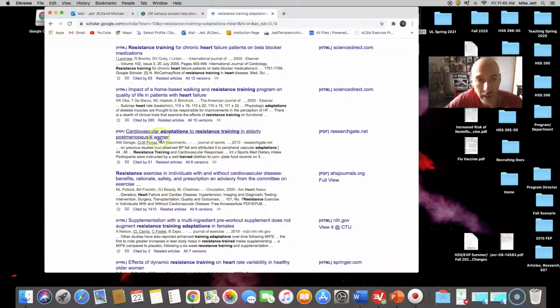Okay, now this is one that I could look at. So we have cardiovascular adaptations to resistance training in elderly postmenopausal women. Now that's a very specific population. Not exactly what I had in mind, but here's what we can do. All right, if I click on this,